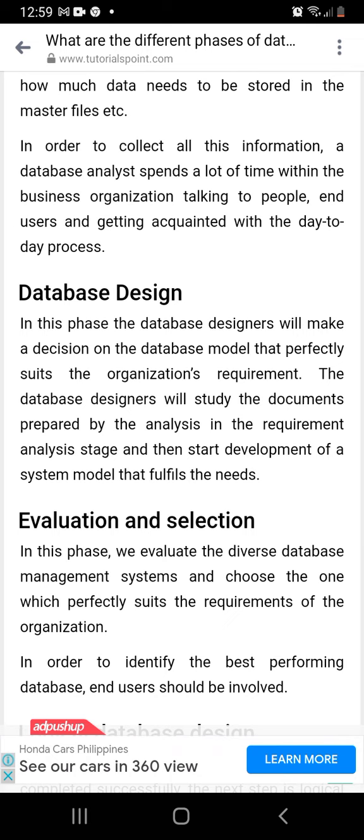That means organizing all the bits of data that we want to store into tables and deciding how best to relate those tables to one another. So logical design is all about taking our plan